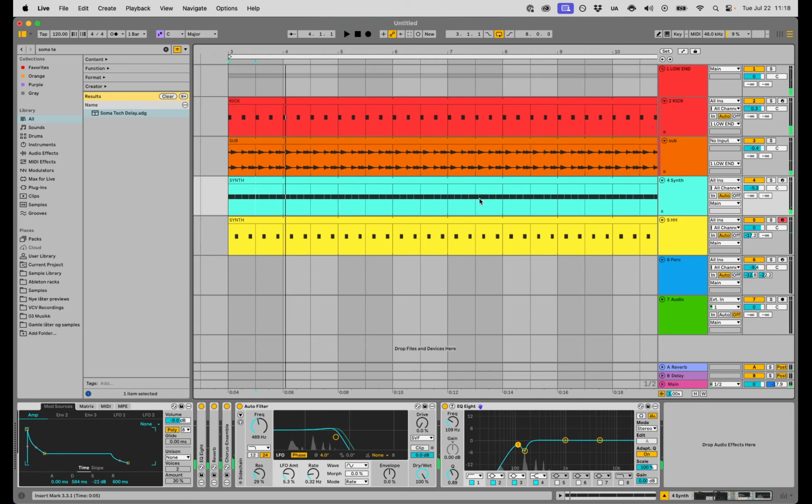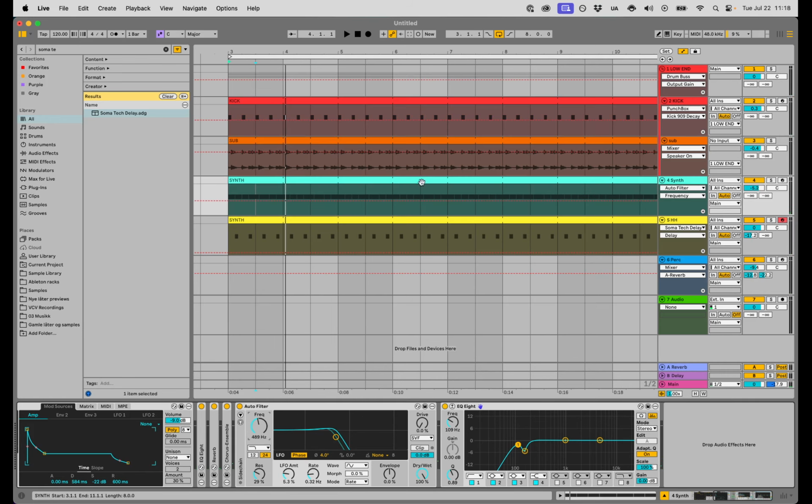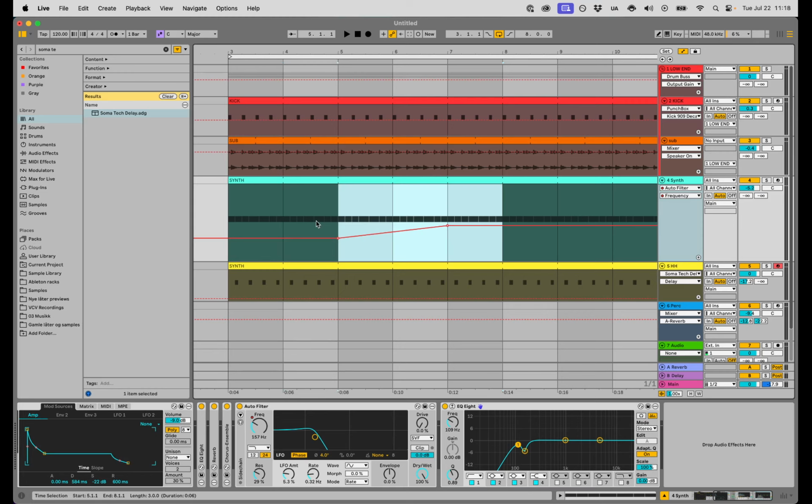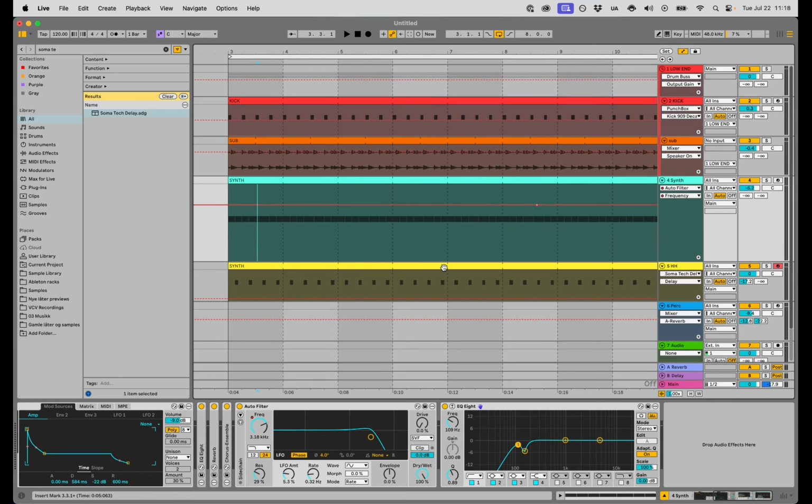And I've come to find that instead of always programming the filter with the automation like this, you can hit A on your keyboard to open up the automation mode, and then you can also simply